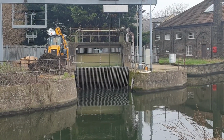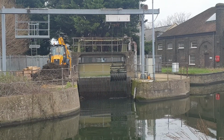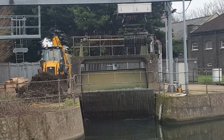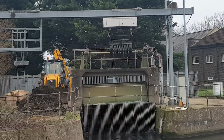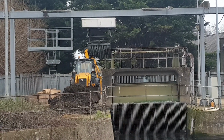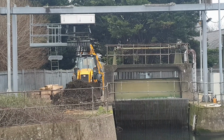And we're gonna see it come up in a minute. Well, there we go. Let's see, is there anything? No. It looks quite clean now. But when you see it go back, when it shifts to the left, can you see that when it's gonna open, if it would have caught anything in its claw, there you go,